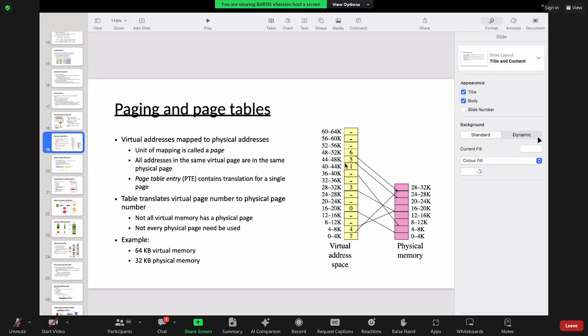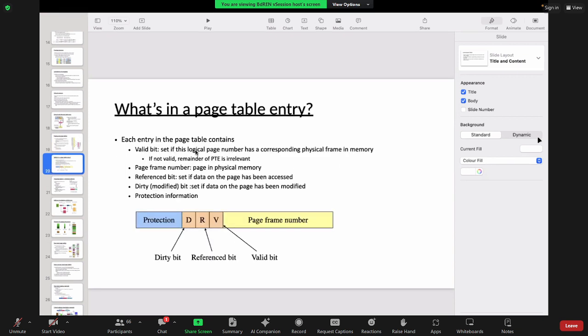That means that entry is valid. Again, just go by the English meaning, so you can easily understand. If not valid, the remainder of the page table entry is irrelevant. Since the valid bit is invalid, the rest of the things will not be there, obviously, because the entry itself is not there, so the page frame number is not there.